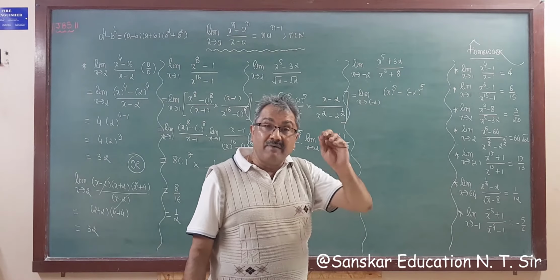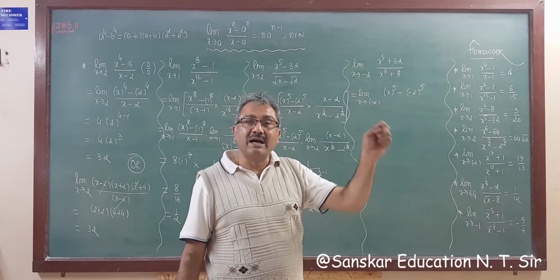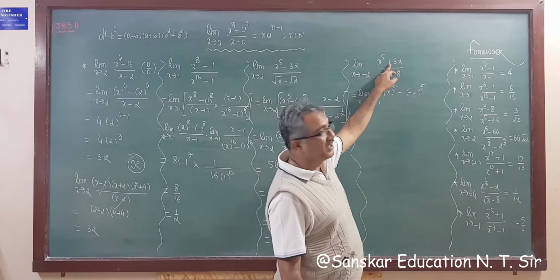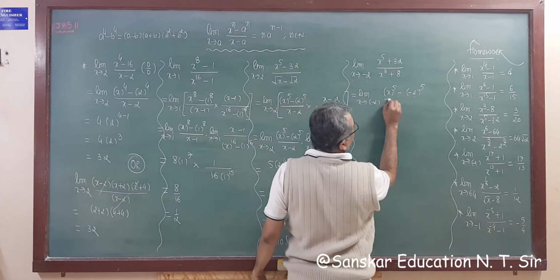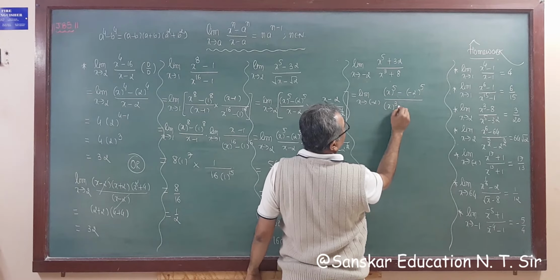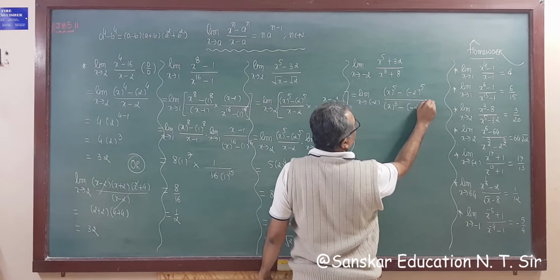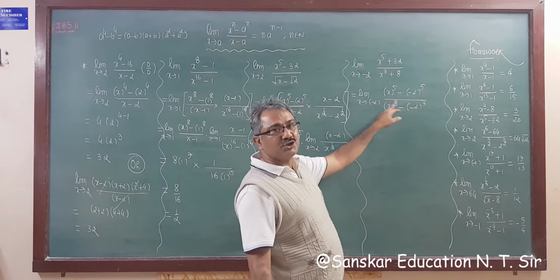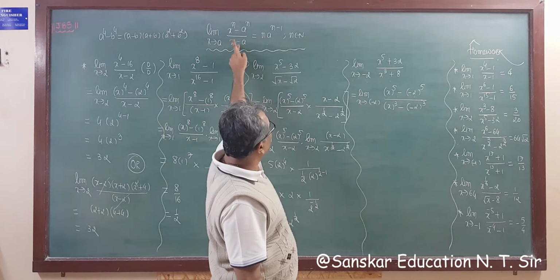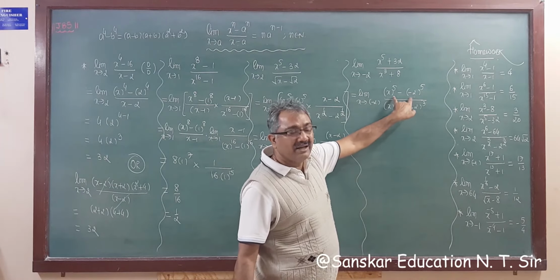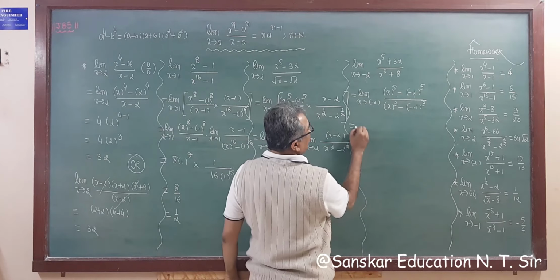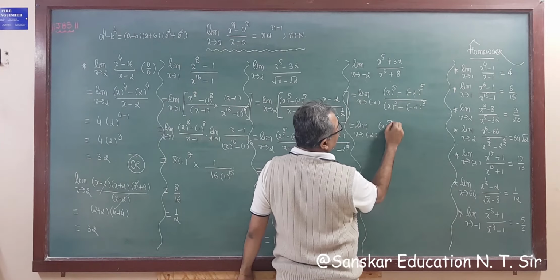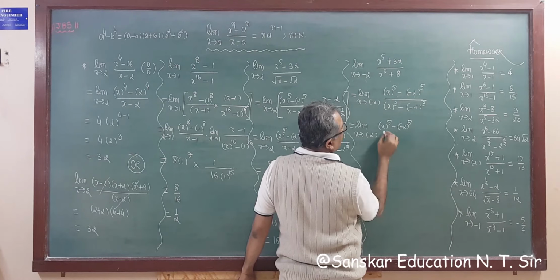Now you know that for negative numbers, if the power is odd then the answer is always negative. So this is minus 2 and this minus becomes plus, so we get minus. Same thing here, x raised to 3 minus 2 raised to 3, because 2 cube is 8, but we are writing minus 2 because we need a as minus 2. Now applying this formula, what do we require? Upon x minus 2, so dividing, multiply. So limit x tends to minus 2, x raised to 5 minus 2 raised to 5 whole upon